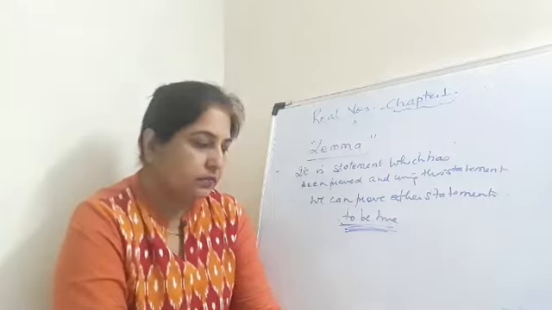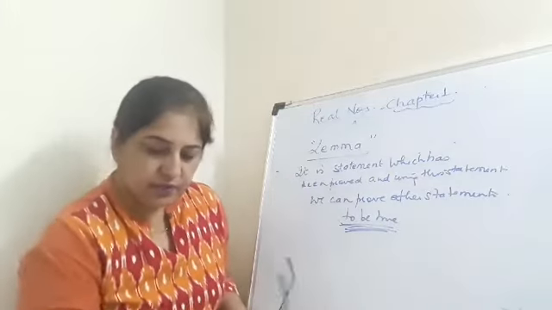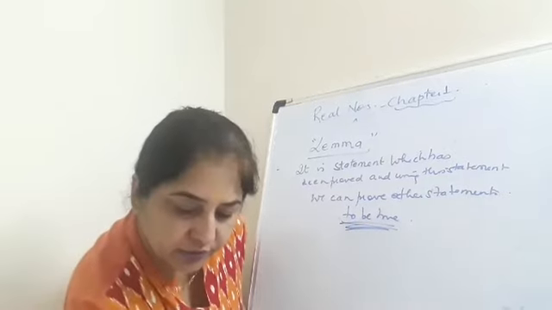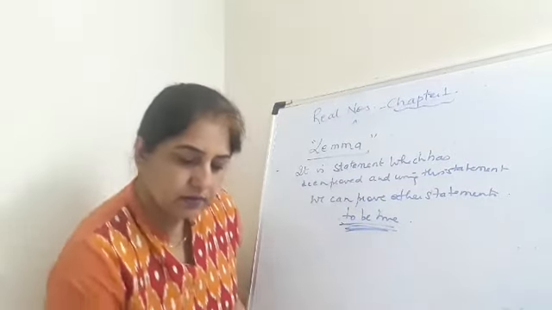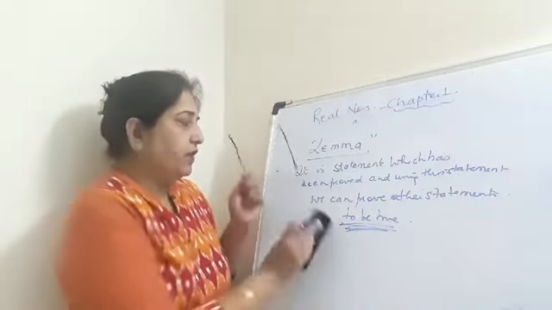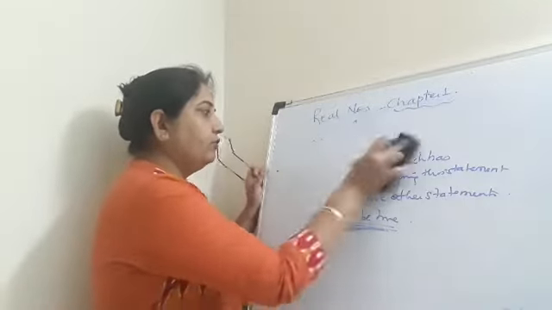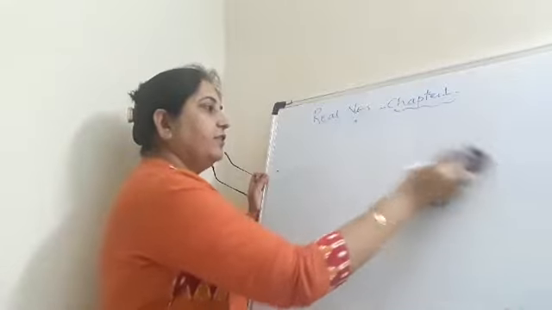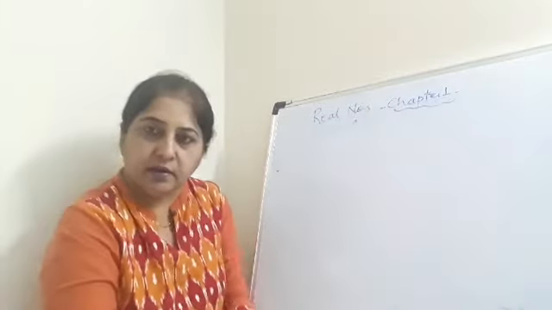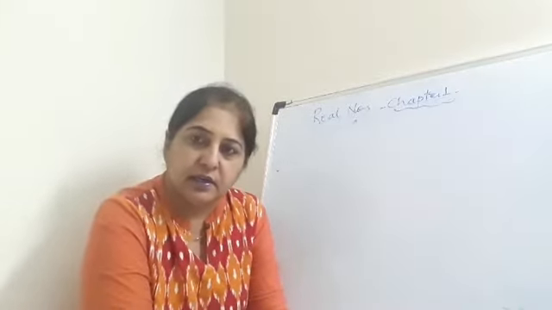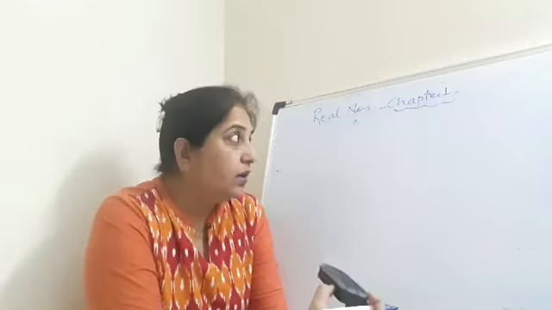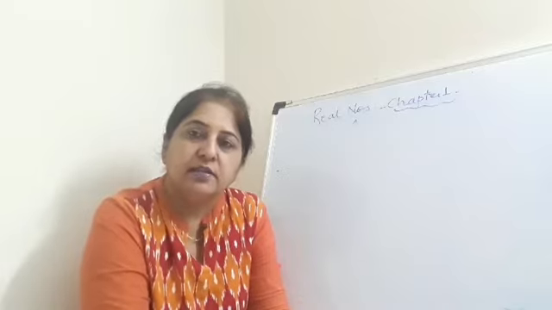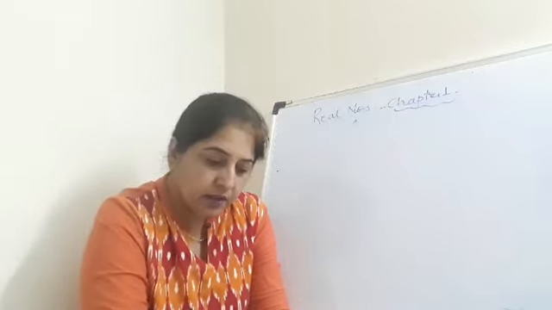Now this Euclid's division algorithm was used to find the HCF of two numbers. Now what is HCF? HCF is the highest common factor, which you have studied in your previous classes. With this Euclid's division algorithm, we are going to study the long division method, how to find the HCF of two numbers.